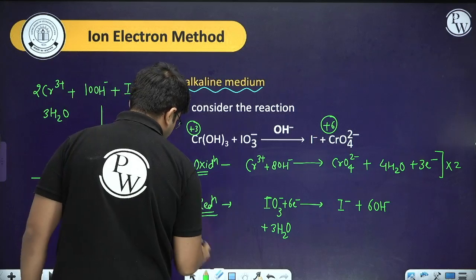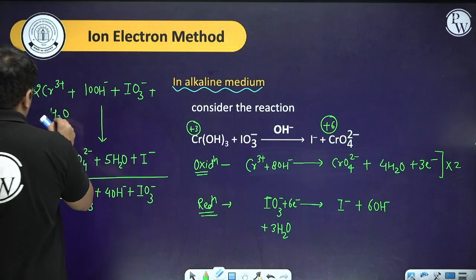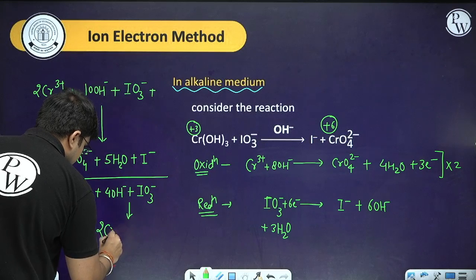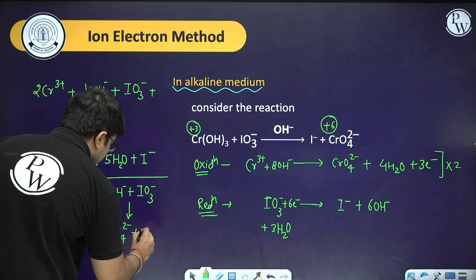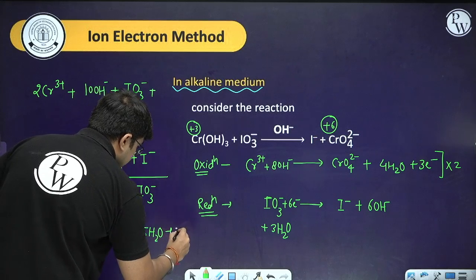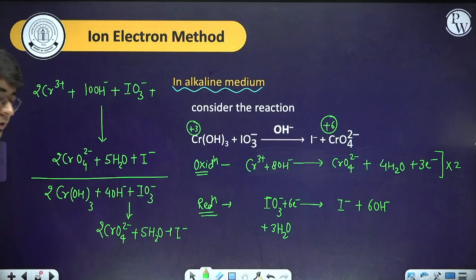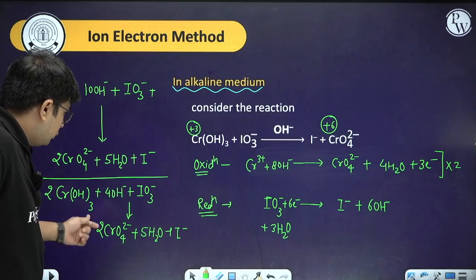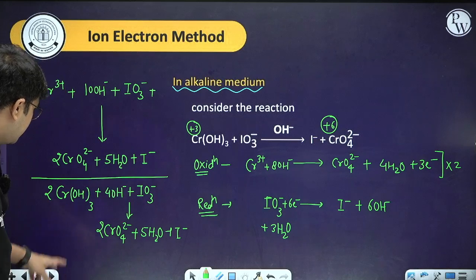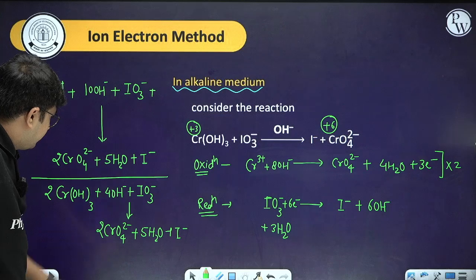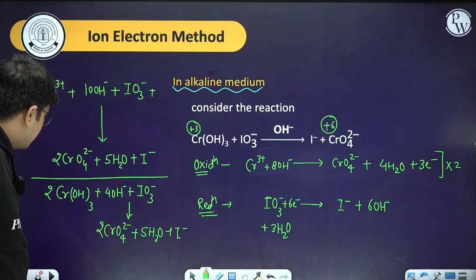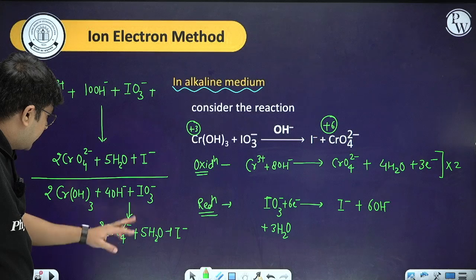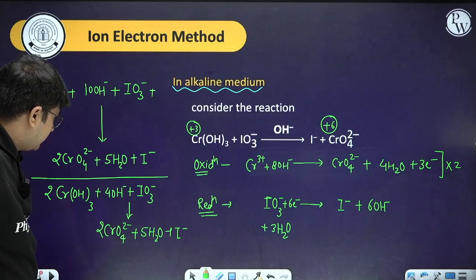So I can remove this 3H2O from here as well as here, and that gives us the final equation, which is 2CrO4 2 negative plus 5H2O plus I negative. Can we cross verify? We have 4 negative, 1 plus 5 negative, 2 twos are 4, so 5 negative. Okay, if negative charge is there, 2Cr and 2Cr, and we have 1I and 1I. Hydrogens are 3 twos are 6 plus 4 is 10, 5 twos are 10, and oxygens are 5 and 4 twos are 8, 4 twos are 8,